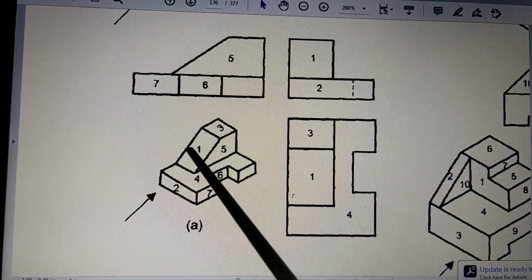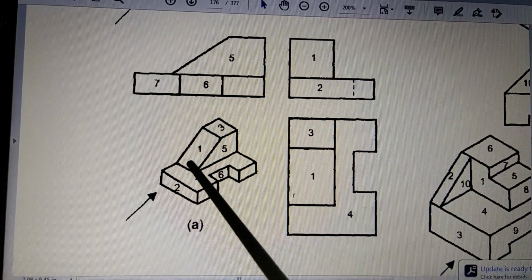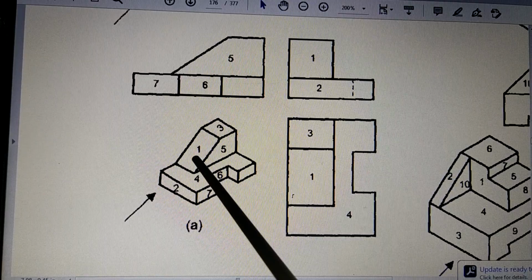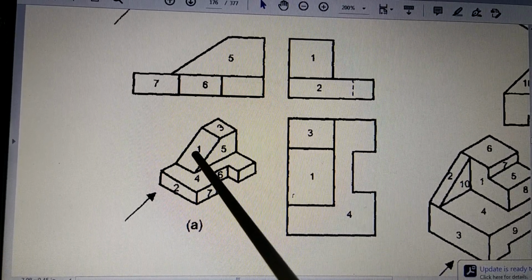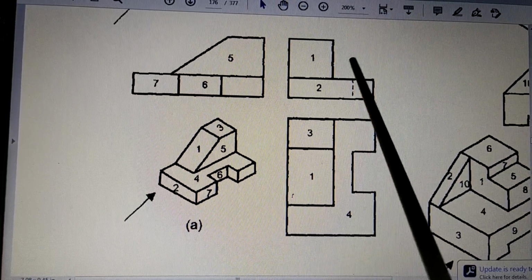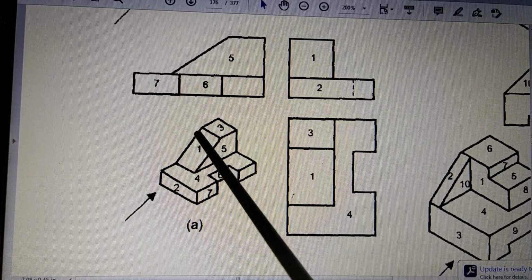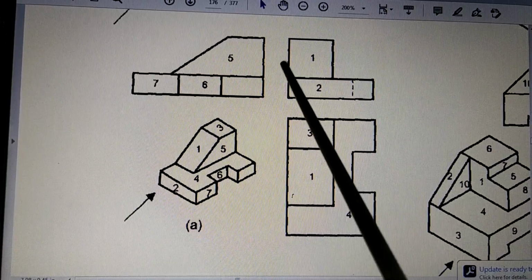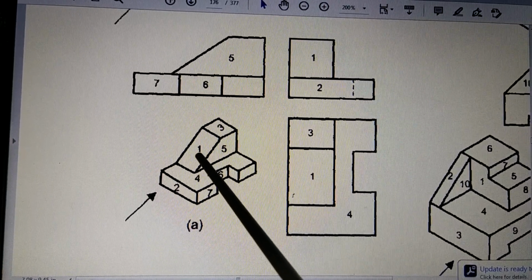After that, this is surface number 1, which is inclined. Anything which is inclined, as you know, you will not be able to realize that it is inclined. You will feel that it is straight. Only thing is it will look shorter than what is shown here. So in this case, number 1 is shown like this. This is surface number 1. And if you measure this length, this will be more than this length. But right now, you just try to understand which surface is seen and which is not seen.